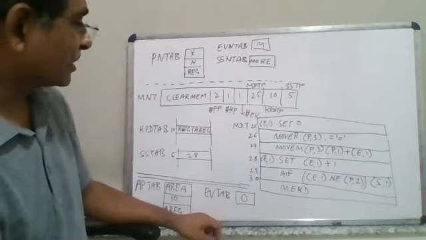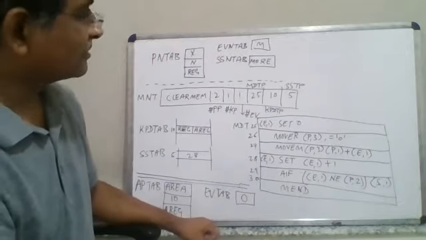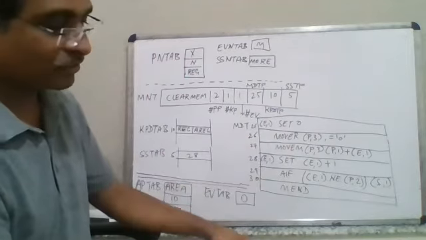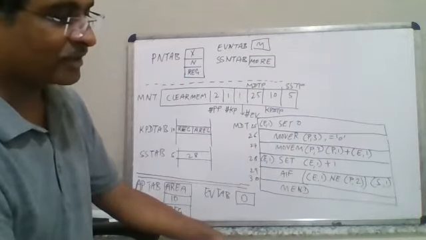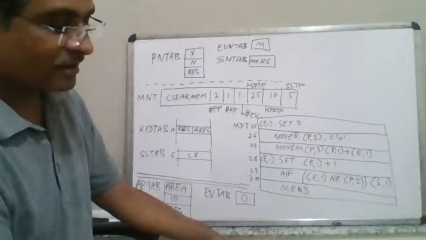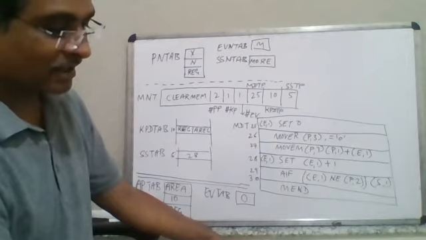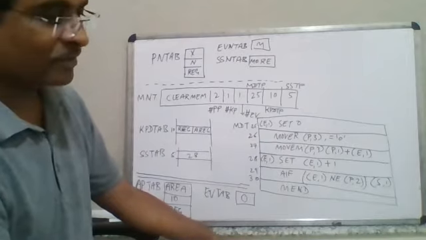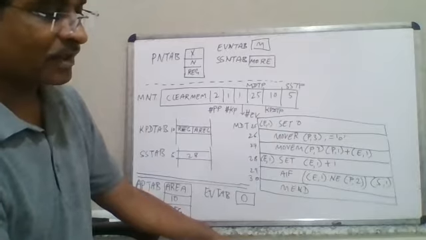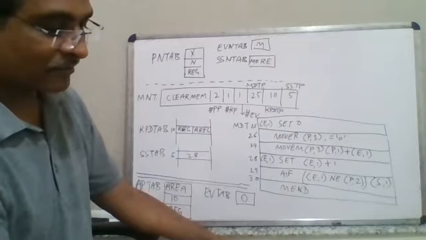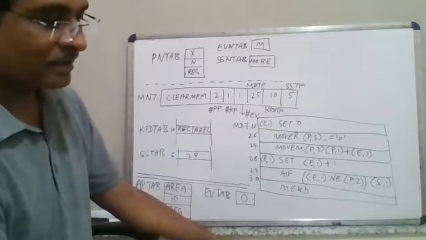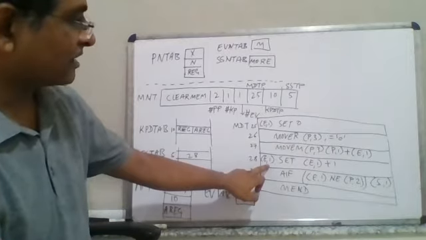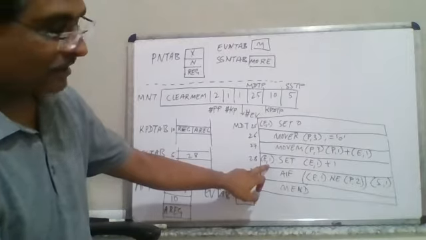at which place? So e comma 1 is the location where it is going to be there, first entry, and it is set to 0. So local set to 0, ampersand m set 0. Then there is move r and the positional parameter is 3, and which is set equal to 0, right? So what was that positional parameter? It was ampersand of reg. Ampersand of reg was positional parameter 3, right? So p comma 3. Likewise, move m dot more was there. So dot more is again having the entry.